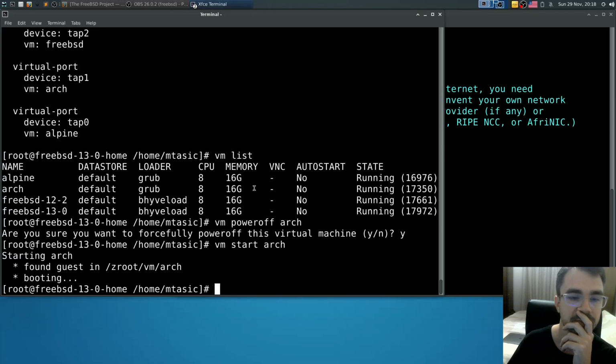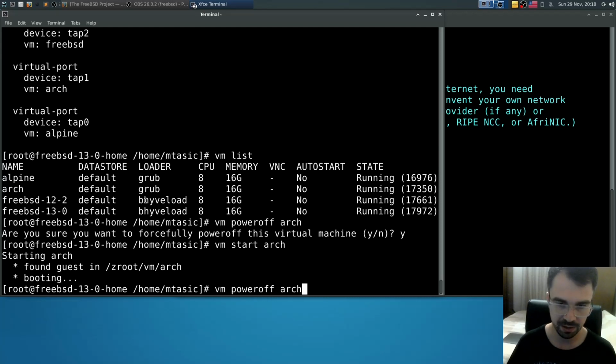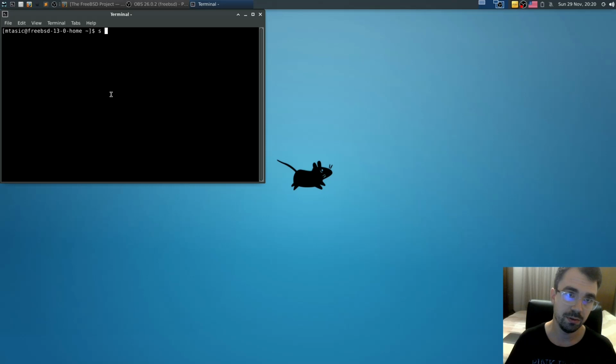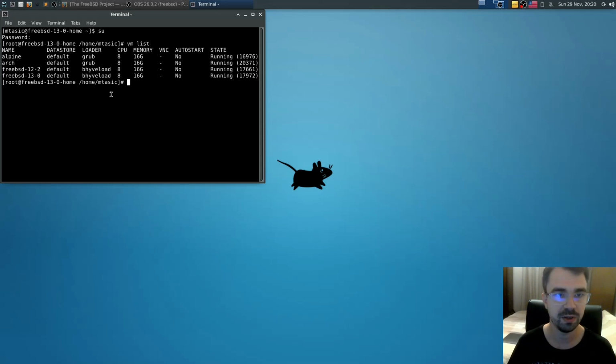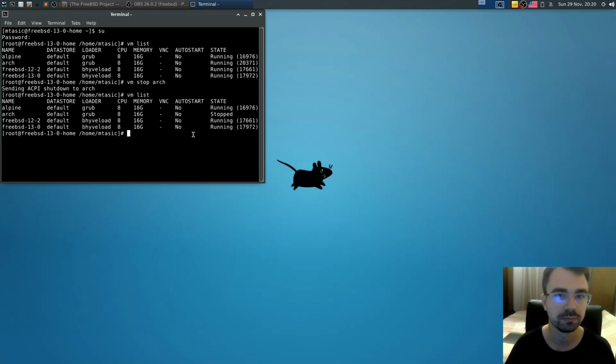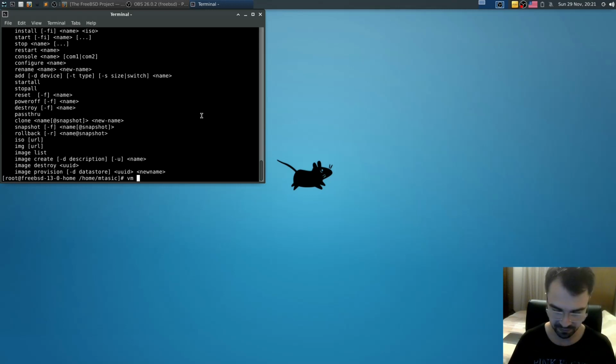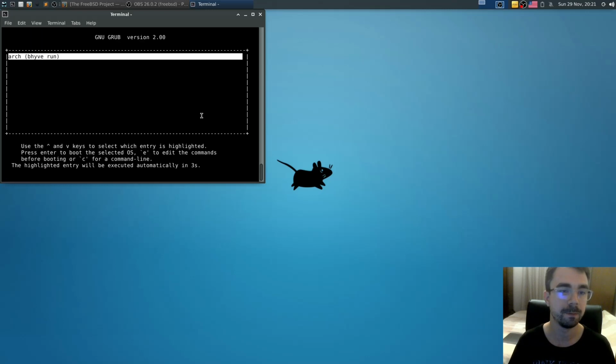So what now? For some reason, Arch is misbehaving. Sudo vm list. vm stop arch. It stopped. vm start -f arch in foreground.